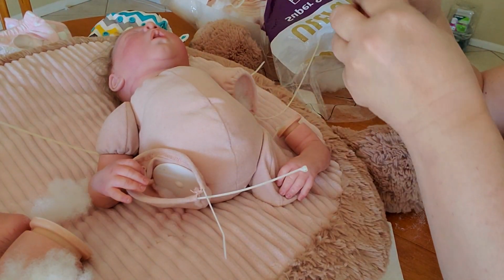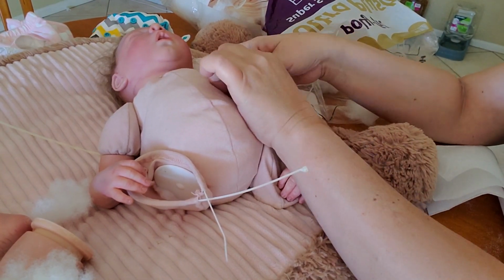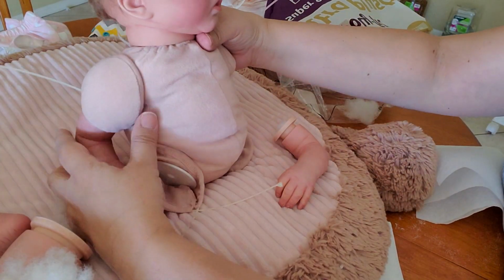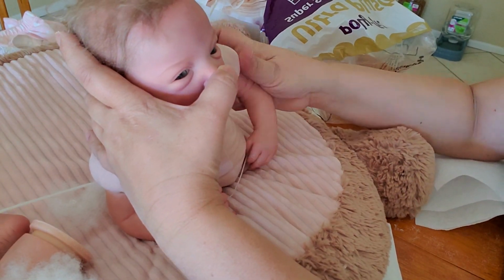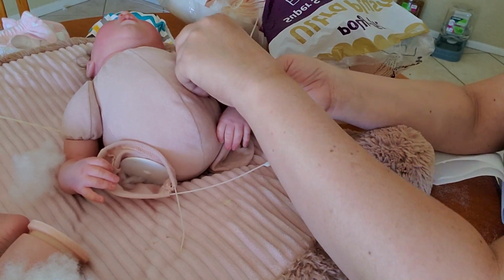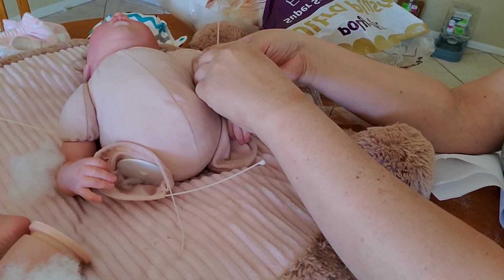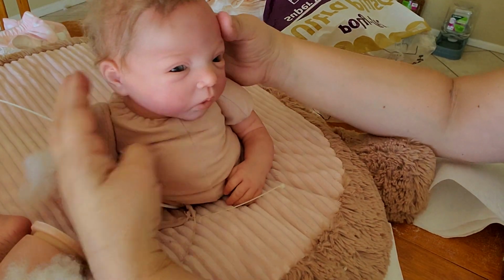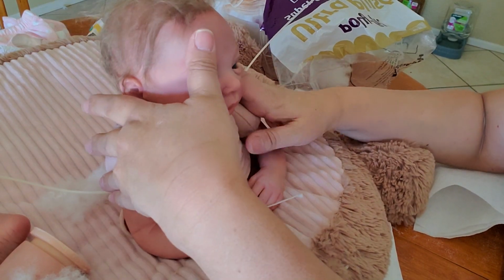Maybe just a tad bit more. Okay, so I'm gonna tighten it a little bit more. Now, let's see. With the arm in, this arm should fit right in there now. Try to tuck all that stuff in so I'm not stuck with it showing again. Oh yeah, that one is...